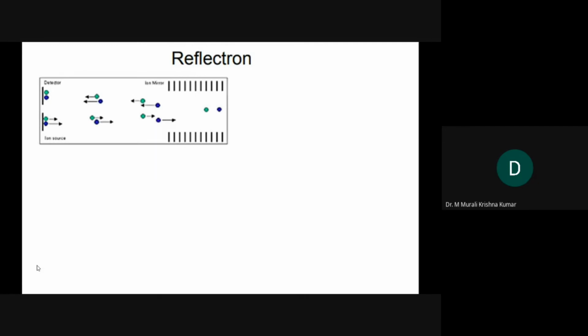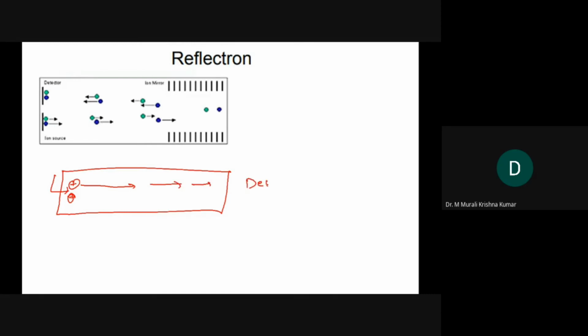The next one is, how can you improve resolution, and what type of instruments are right now being used? As I told you, when you have an ionizer here, ions are there, and you ask them to run in this direction. If you have a detector here, it is fine. But if you want to increase the length further, will you have a huge tube? This is more like a linear TOF, which means you would need a tube the length of the Eiffel Tower.